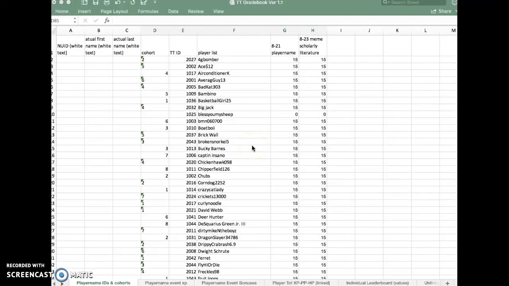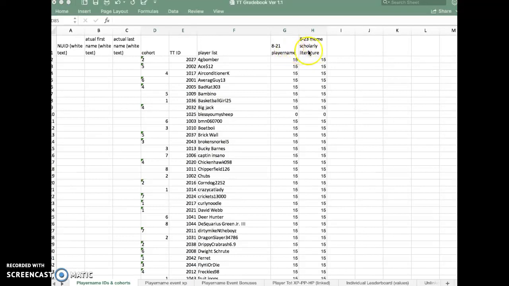All right, this is a screencast to show you guys what the tenure track grade book looks like, what the player record looks like. So this is a spreadsheet page. It's got the player names and your actual names. I have that in white text, so I can't see it, but if I ever need to go back, I can look at it. The next page, oh, also this is where I bring in stuff from the My CSC